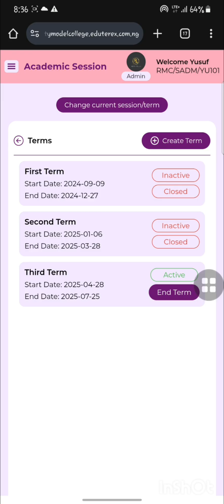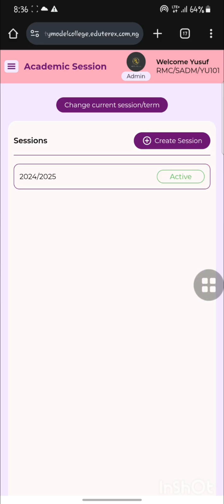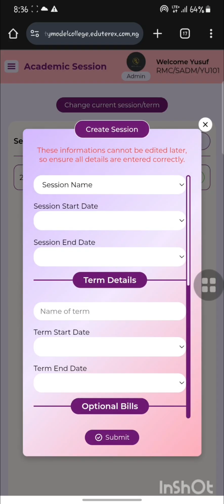So we need to click on the back button beside the terms at the top here. Then we only have just 24-25 sections here. So to create a new section, we're going to click on the create section button,